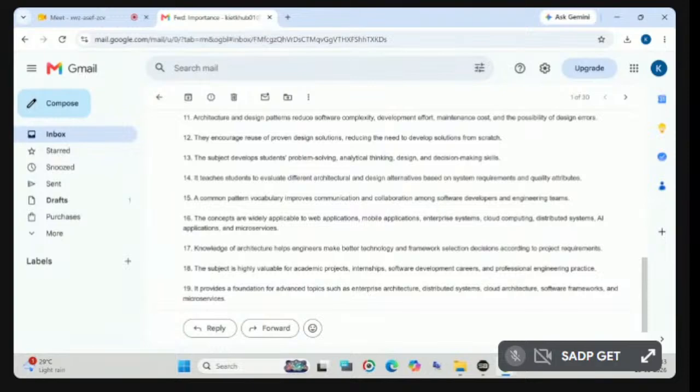So once you have a problem, you should be able to easily evaluate different architectural styles, and then you should go for designing and their evaluations. So that is the main motto or the importance of this particular subject. So common pattern vocabulary improves communication and collaboration among software developers and engineering teams. So once you have good communication knowledge also, you should be able to easily write the coding, you